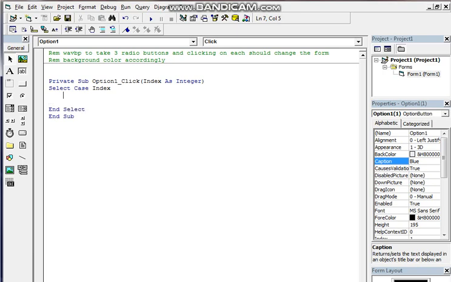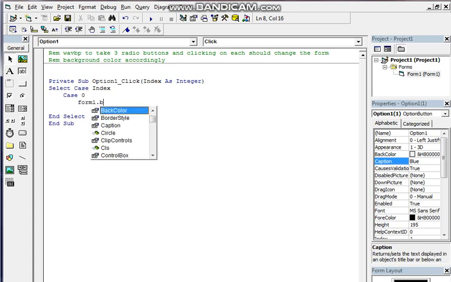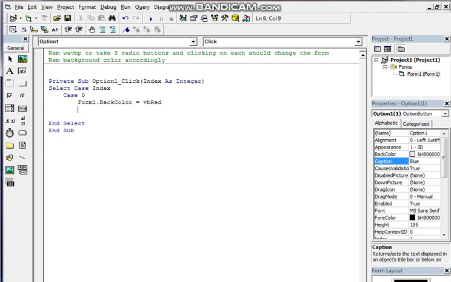Understood? Let me try, then you will be able to understand. So I wrote select case index. Now what will I write? Case 0. The first one is 0. So if you are clicking on red, the value will become 0. If it is 0, what will be the form color? The form background color is vbRed. Simple. In the same way, if it is 1, the form background color will become vbBlue.